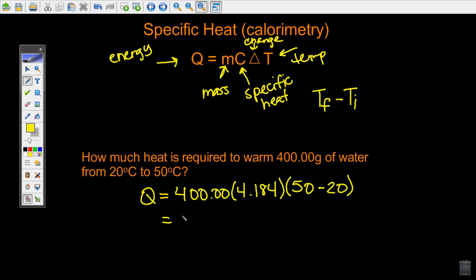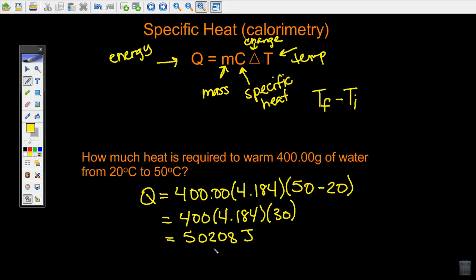Okay, so we get 400 times 4.184 times 30, and you get 50,000 joules. So this is how much heat was required. And if I want this in kilojoules, I'll have to divide by 1,000. Sometimes they'll ask me for kilojoules, so 50.208